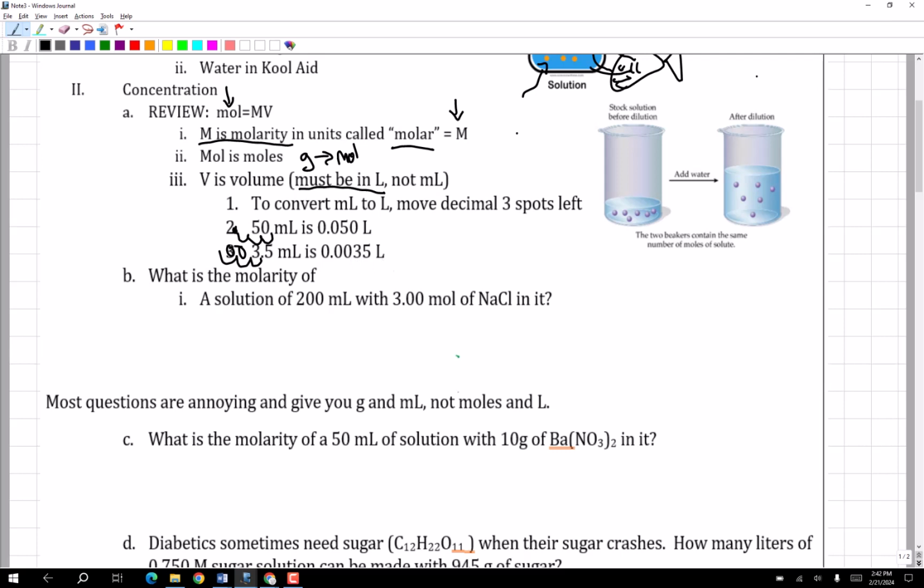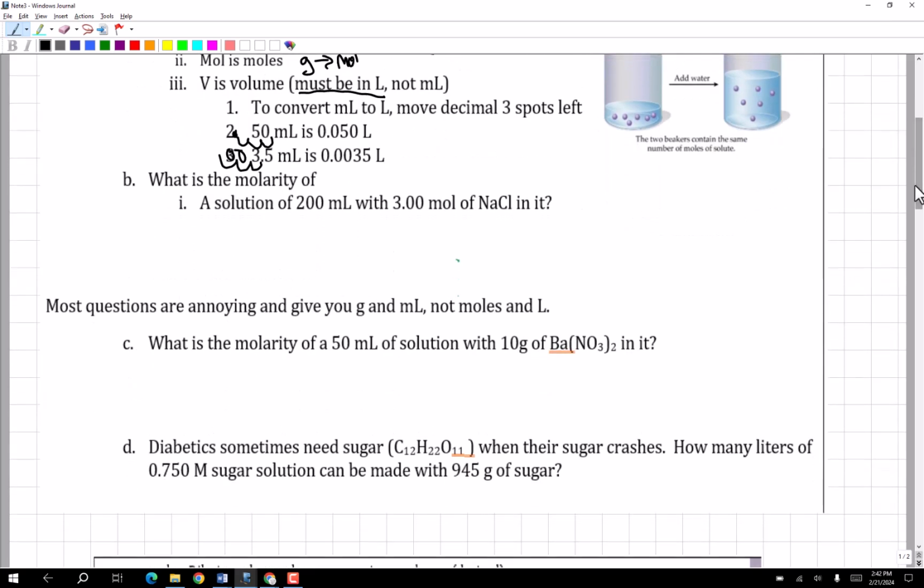All right, so let's take a look. A solution of 200 milliliters with 3 moles, what is the molarity of it? Remember, moles equals MV. I've got 3 moles and 200 milliliters. I won't use that. I'll use 0.2 liters. So I have 3 moles